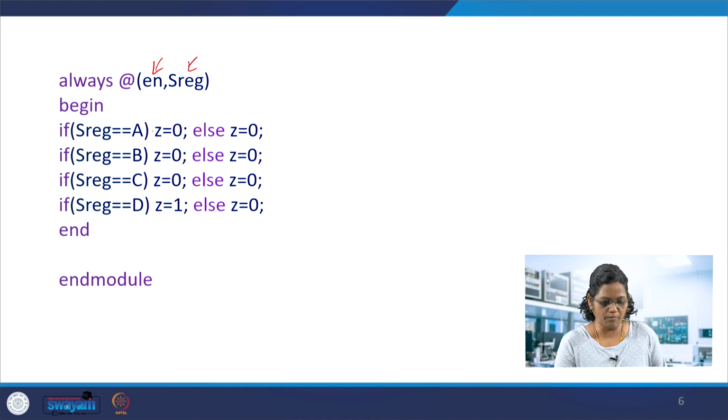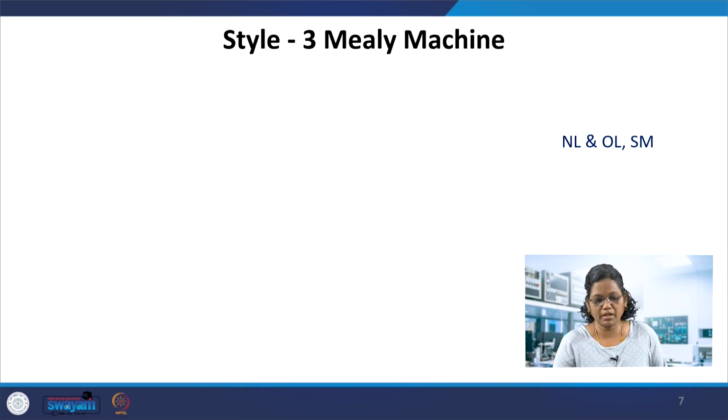This is one style of the Mealy machine because the output logic sensitivity list includes that enable. So, if there is a change in enable, then it would be reflected in the output logic immediately, and that would also be reflected in the current state after calculating the next excitation signal, and then it goes to the current state and gets replaced. But when the enable is changing, it's immediately reflected in the output logic with the current state available, but that enable would be reflected in the current state in the next clock cycle, next passage of the clock.